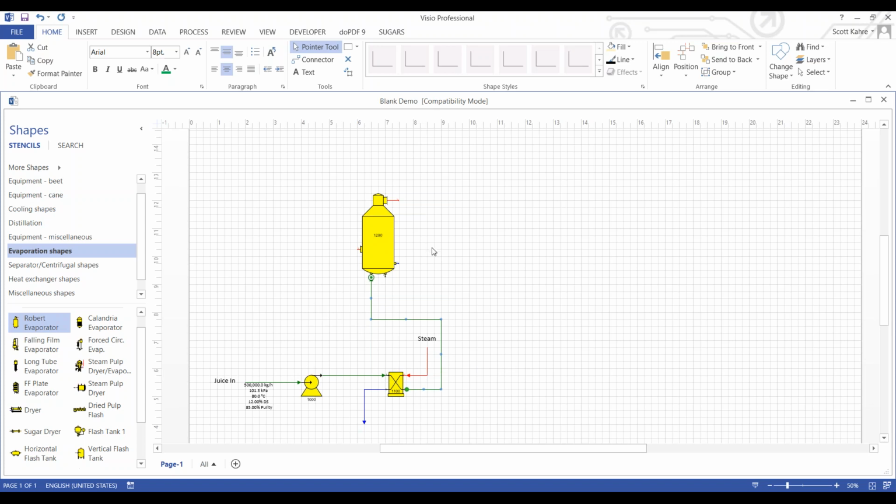Today, for this demonstration, I'm going to make a 3-effect evaporator train. And I know that's a small evaporator train. Normally, they would have more like 4 or 5 or even 6 or 7 effects. But once you learn to make a 3 evaporator train, you can make as many effects as you want in sugars. The process is the same. You're just adding more steps. So let's go ahead and add 2 more evaporator vessels